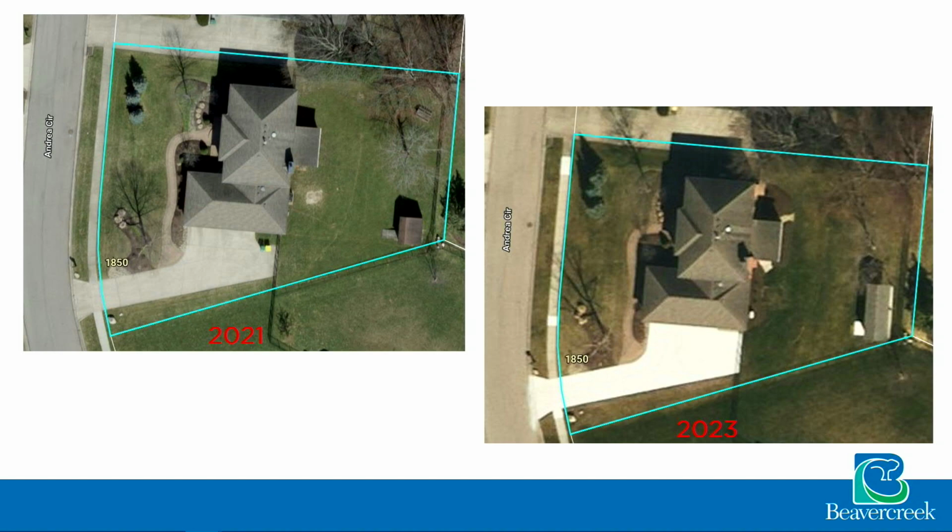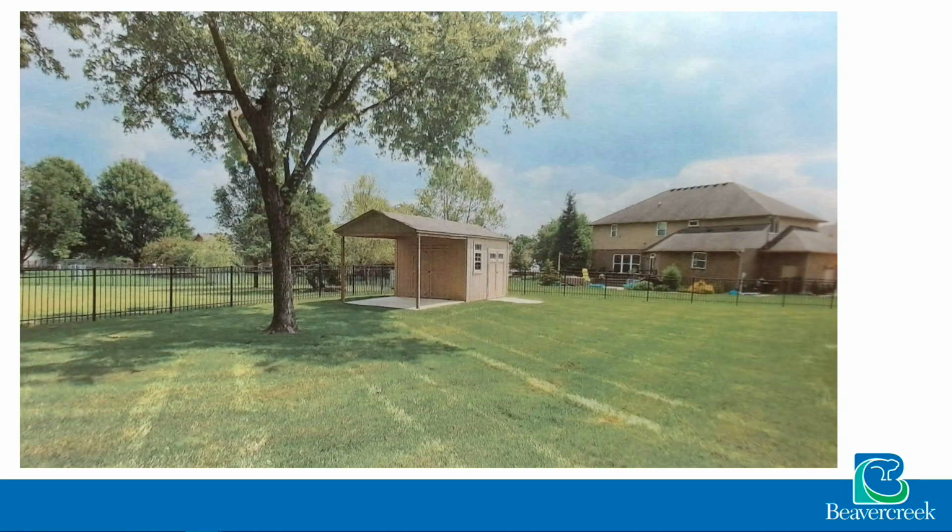So the applicant has yet to get a permit, but he's filing this variance in an attempt to allow the shed to be located 4.5 feet from the side yard setback, and then 1.5 feet from the rear. What you can see in this photo is that the applicant had a shed that he replaced. 2001 was the old shed, and then the photo from the spring shows the location of the new shed. The applicant supplied us a picture, and that was in your packet, of the shed from one angle.